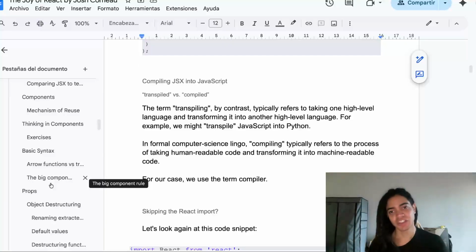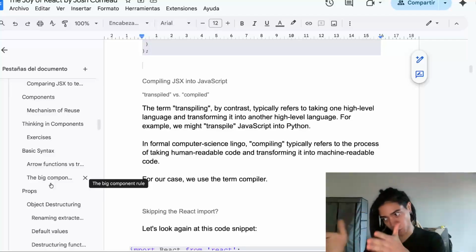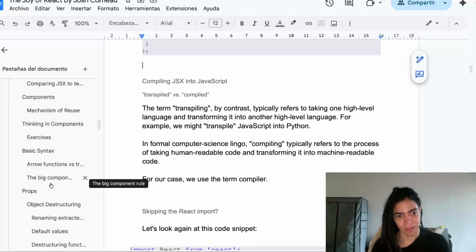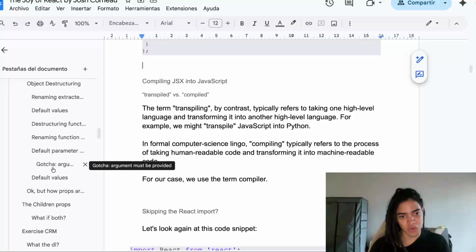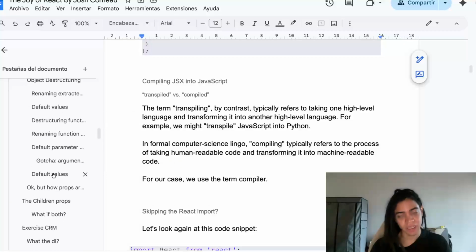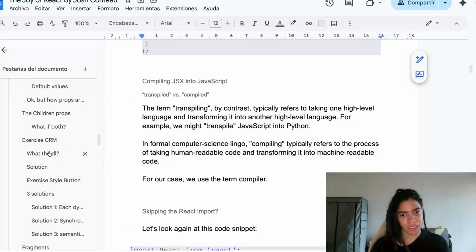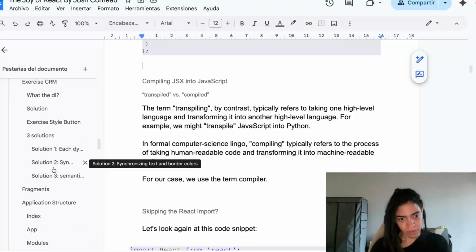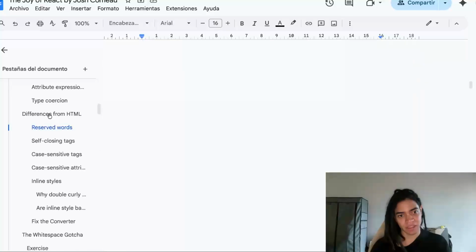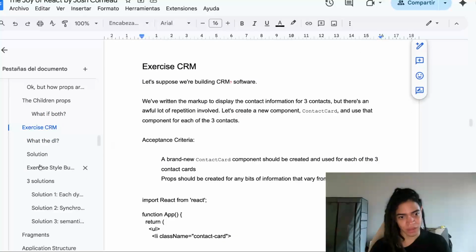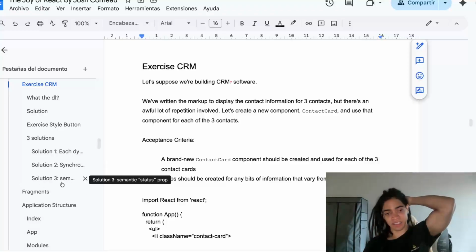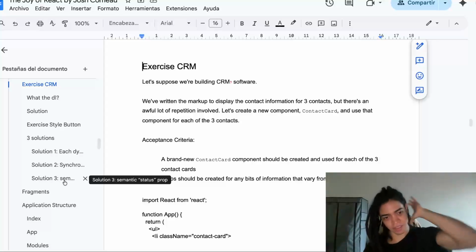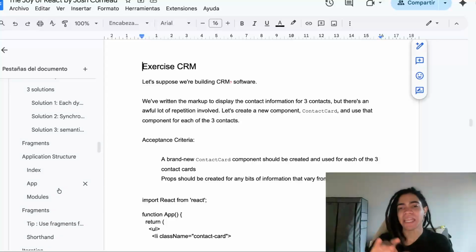additional content. This is pretty much like in HTML. You can render nested content, okay? And how you can actually work with props, the children props, and how you can provide a style to this component, right? They say exercise CRM, which is with the contact here, but how you can provide a style to these components, and additional components like the fragment,